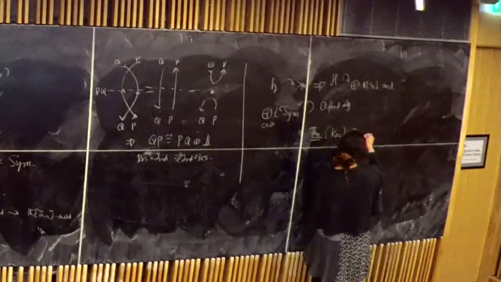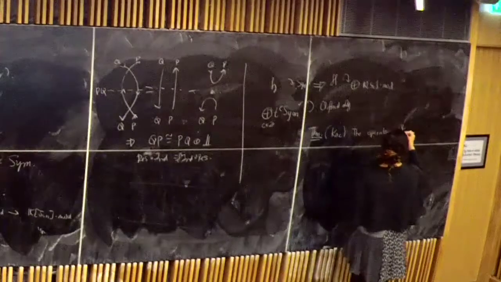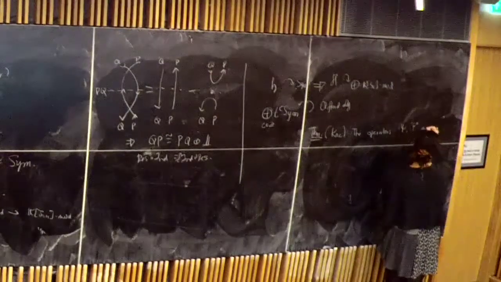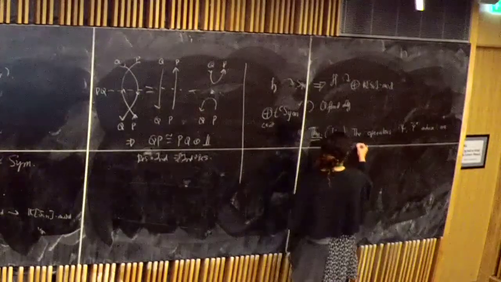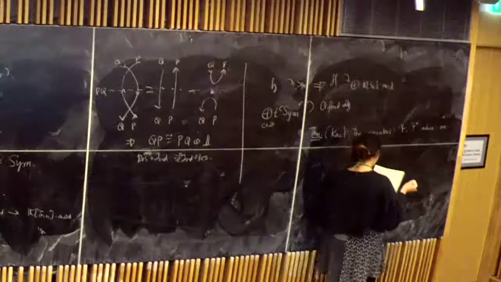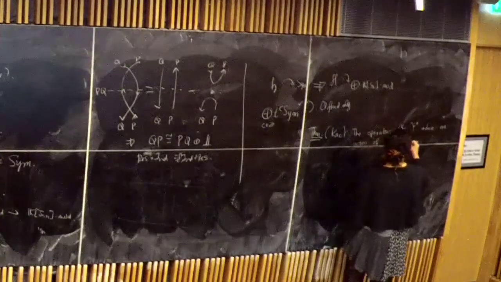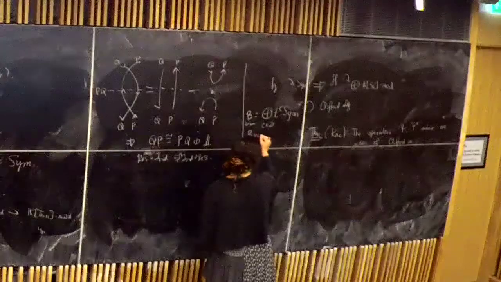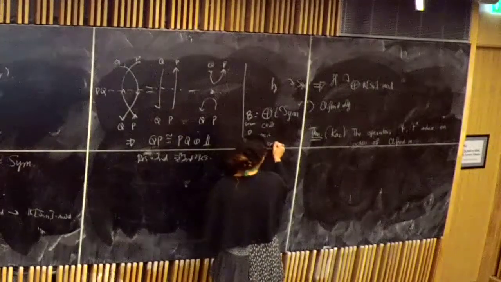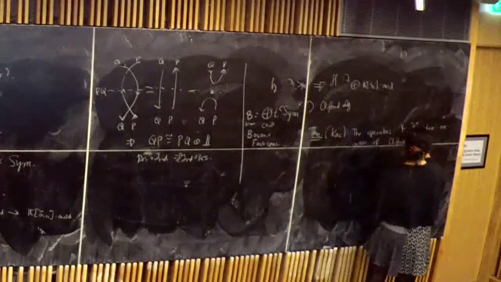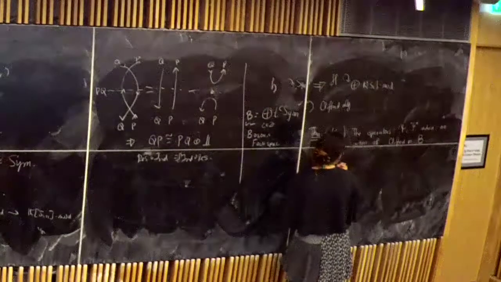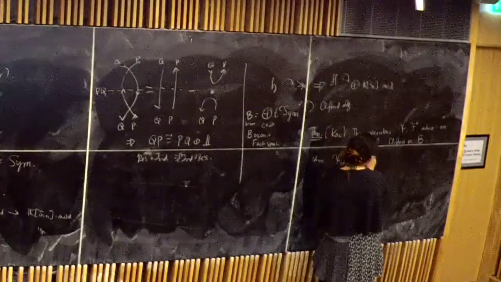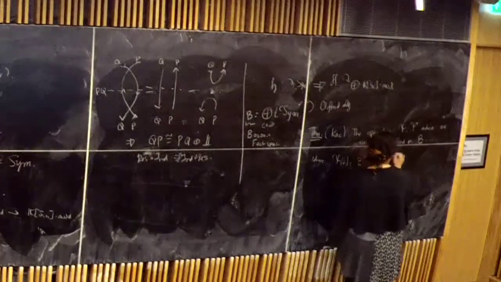So the operators psi and psi star induce, and I'll define these in a second, an action of the Clifford algebra on this space. Let's call this space B, for bosonic Fock space, where psi is going to be defined in the following way. So psi z is going to be an operator, e to the alpha naught, times the exponential of